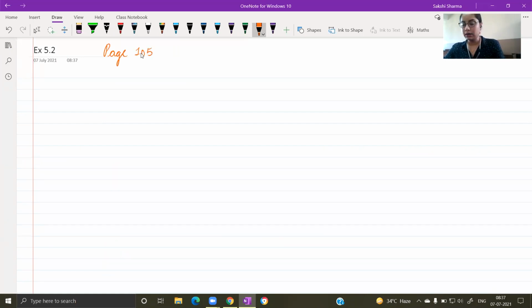This is page number 105, 107. First question, first part. I'm just going to write down what's given to me. I'm given A as 7, common difference as 3, N as 8, and I have to find out AN. So I'm going to apply the formula for the nth term of the AP. Use the values given and just simplify.